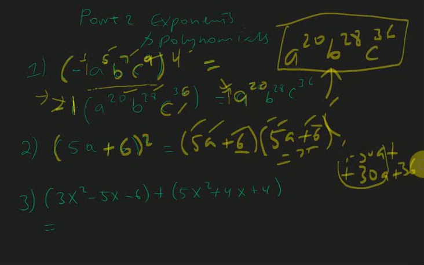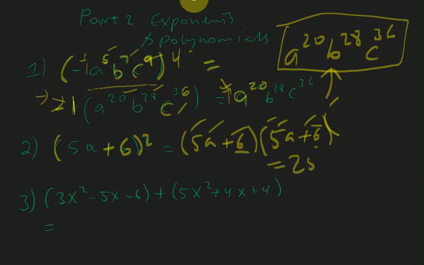So I showed you how polynomial multiplication works. So it becomes 25a square plus 60a plus 36, right? Is the final